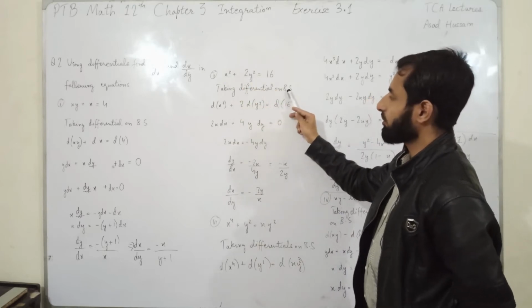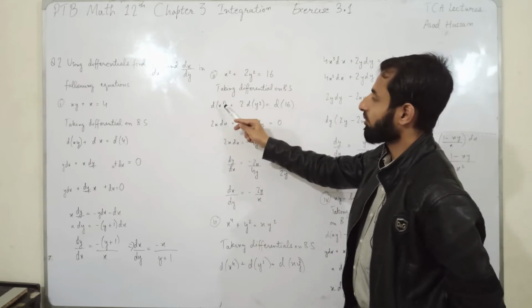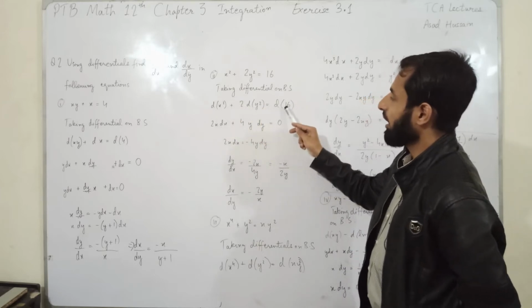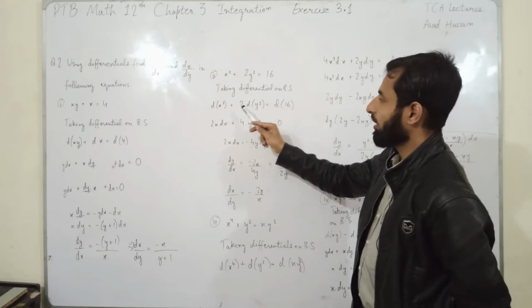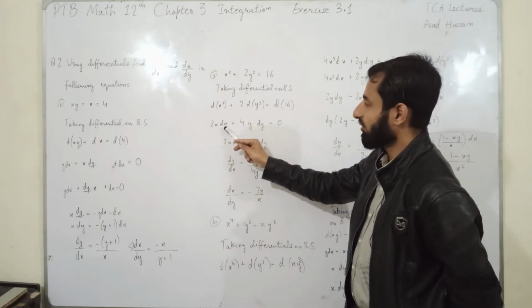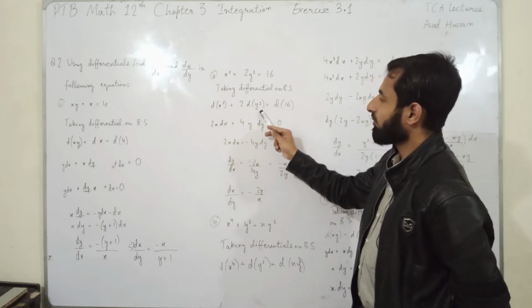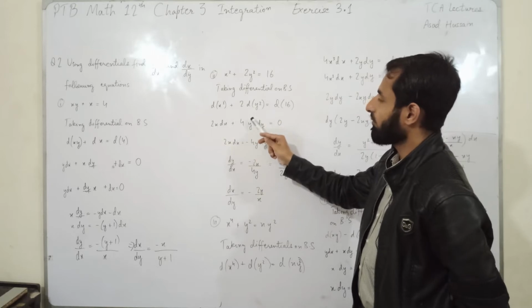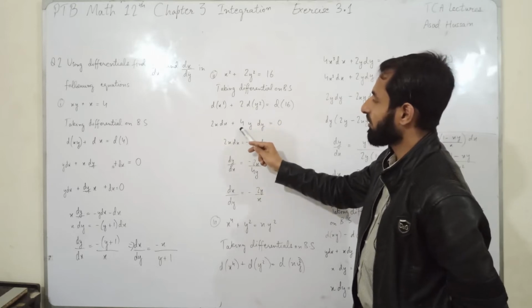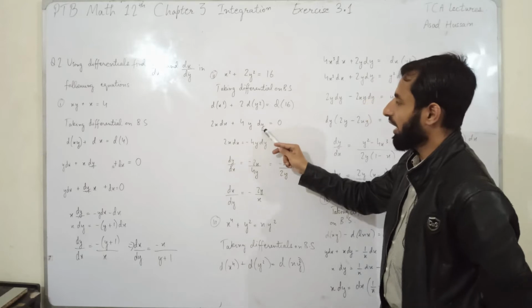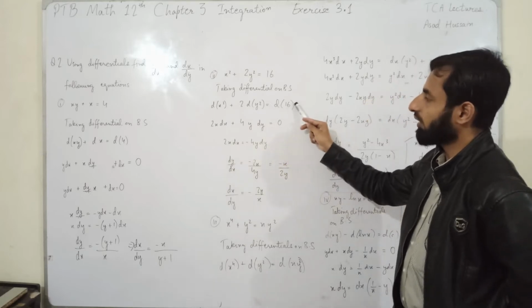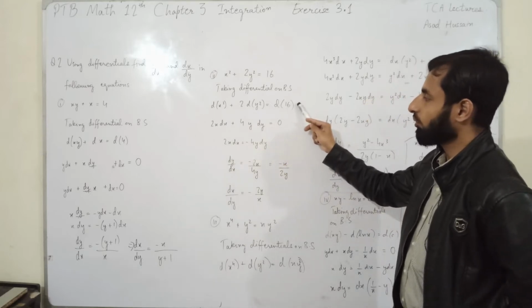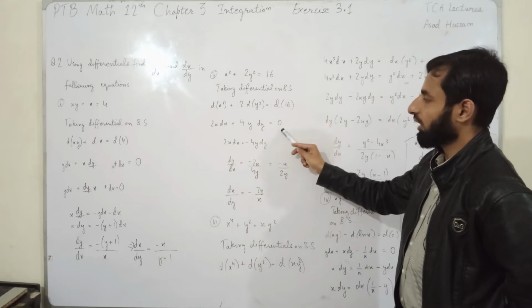Part number 2: x square plus 2y square is equal to 16. Taking differential on both sides, derivative of x square, derivative of 2y square and derivative of 16. For this we will get 2x dx. For y square we will get 2y, which multiplied by 2 gives us 4y dy is equal to,